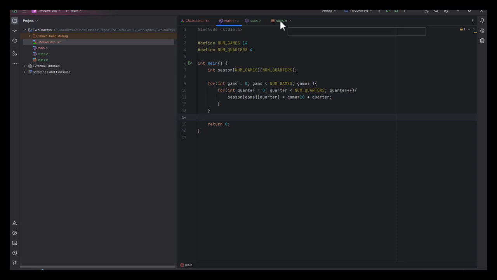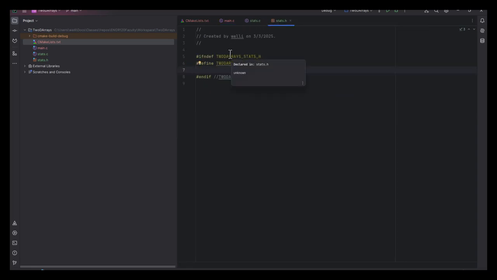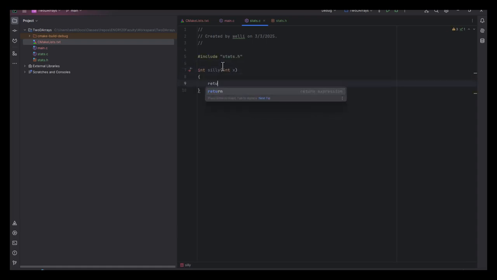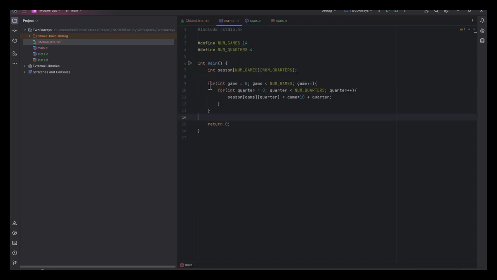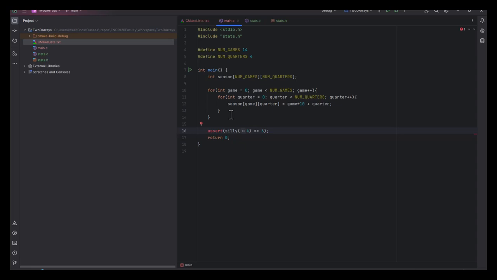So just to show that things are hooked up in here, I could say int silly of int x. I could just make a silly function, and I could declare that silly function in here and make it just return x plus 2, say. And in my main, I could say assert silly of 4 equals 6. And I'm only doing this so that I can check to make sure that my files are all hooked together